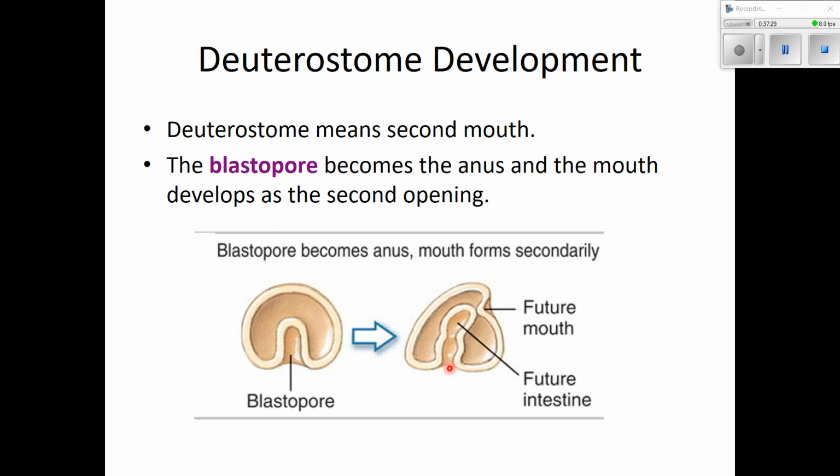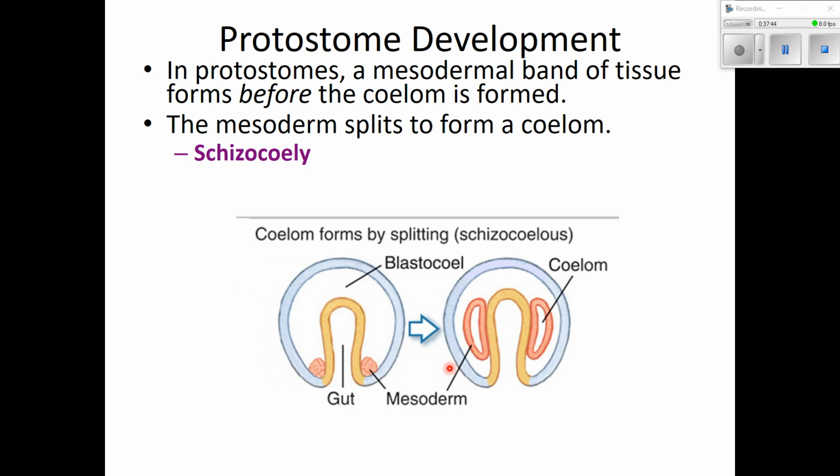Well, it matters to embryologists and it matters to taxonomists because, again, this is one of the basic ways we're splitting the entire animal kingdom, dividing them up based on how the embryos develop. Now, there's another difference. Protostomes, when they form, remember you have ectoderm, endoderm, and then eventually you have a third layer called the mesoderm. When the mesoderm forms in a protostome, it forms completely distinct and separate from the other